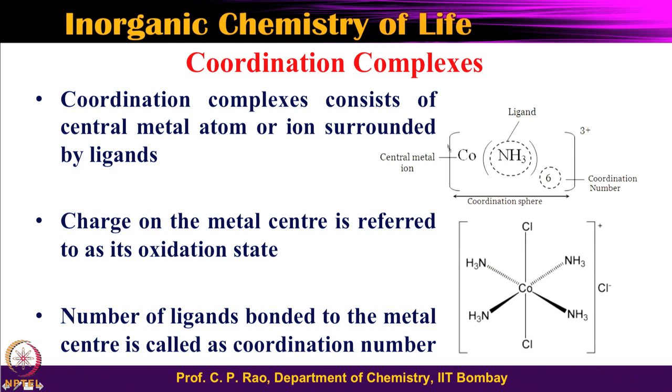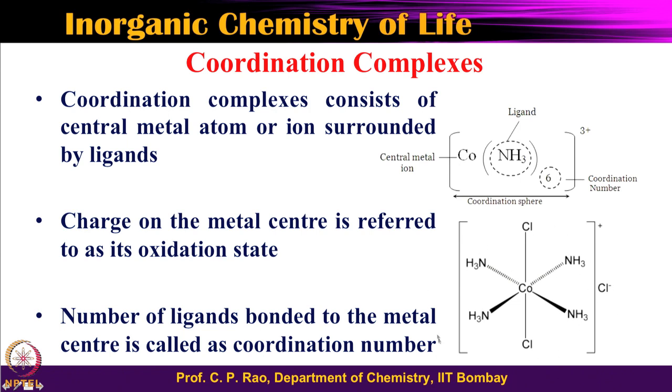In this particular example, we have a central ion which is cobalt, with 6 ammonia, and you know ammonia is a neutral ligand, therefore its charge is 0. The cobalt is in cobalt 3 plus, so the total charge is 3 plus, as the cobalt oxidation state. So, this is a coordination number, this is a ligand, this is a metal center. Take another example shown over there: cobalt with 4 ammonias and 2 chlorides, and 1 chloride outside this bracket. I will explain this.